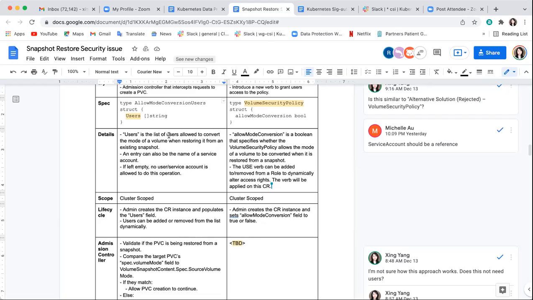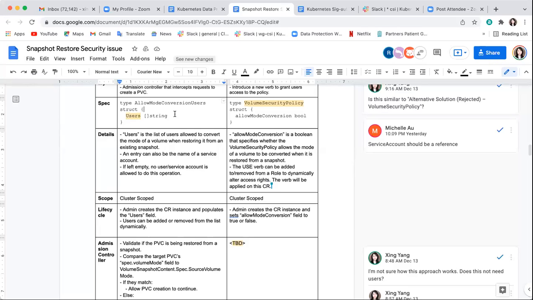But it's the controller doing this, right? Okay, you can do it in admission. Basically that's the only place where you can do it. But we still need to differentiate the users, right? The admission webhook has the user information.